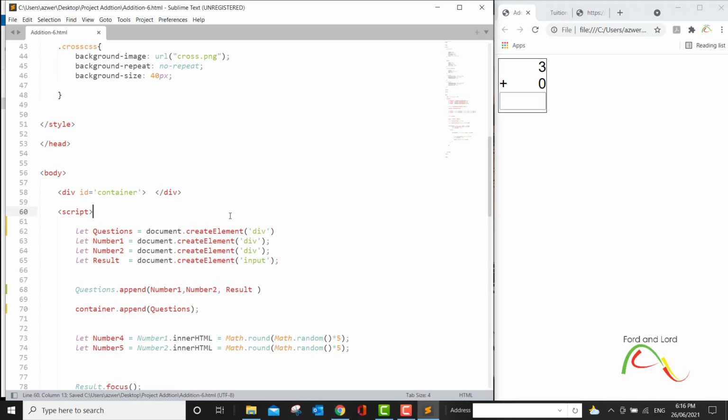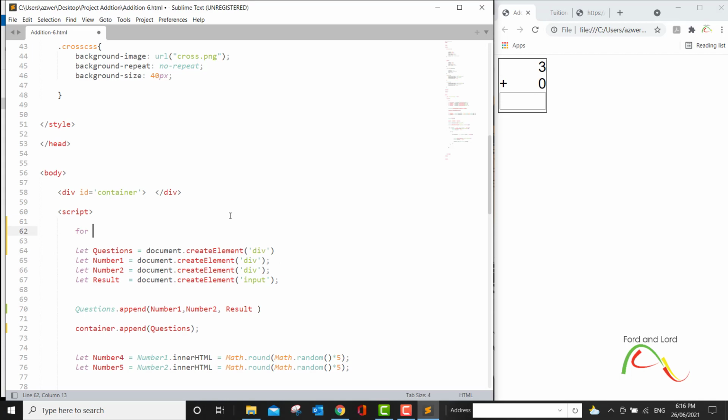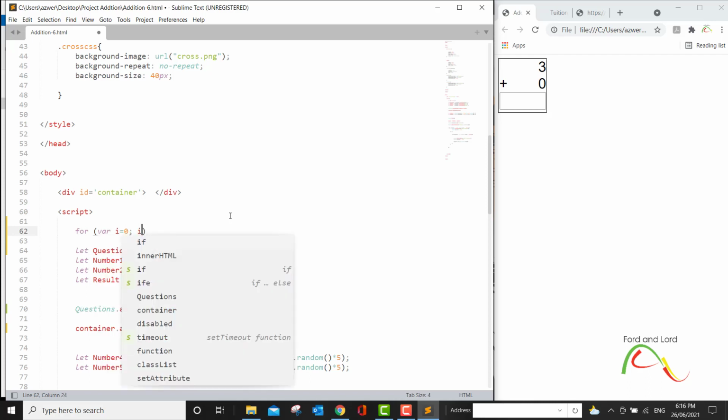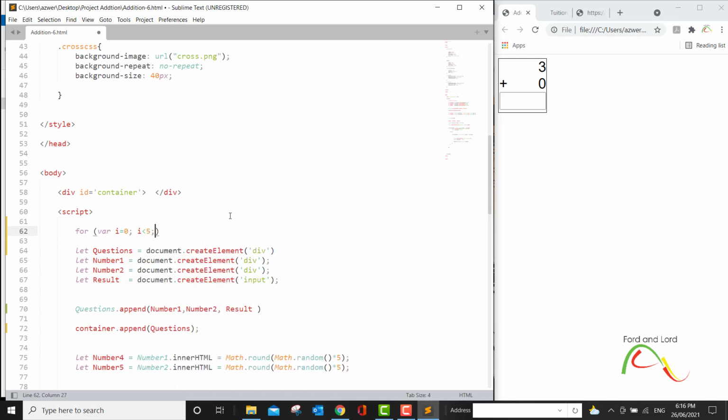Now we can simply make multiple copies of it with the help of for loop. So we have used for loop in the past. I will say for var i is equal to 0, i less than 5. We're trying to make 5 copies of it, and I will say i plus plus. Okay, so this loop will run 5 times with an initial value of 0, and every time it runs, it will increase the value by 1. So first time the loop runs, the value of i is 0, it is less than this, so the loop will run, and the second time the loop runs, the value will become 1, and it will keep running